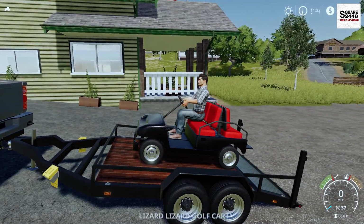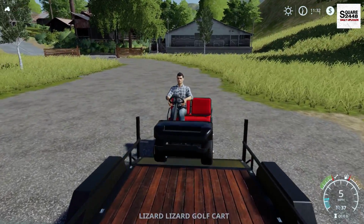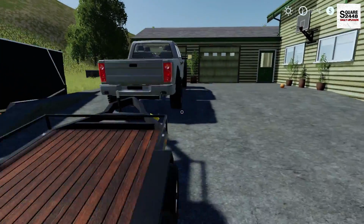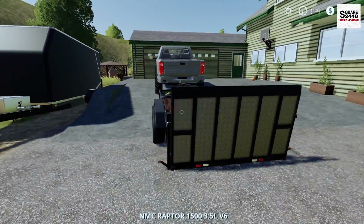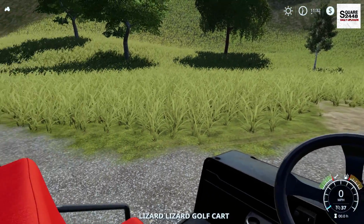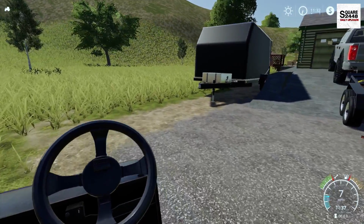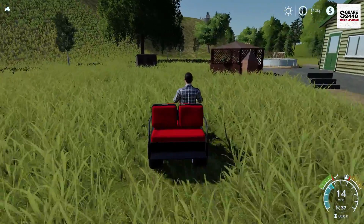But let's hop in the golf cart. Looks like the ramp kind of disappeared there. Wow. Let's actually get this unloaded and put that ramp back up there. But this golf cart we'll be using, we'll have a ton of fun with it here, but I'm thinking since we have a little bit of extra time, I want to put this in the garage and we'll go take that Lizard Muscle V8 for a spin. I think that would be pretty cool here, but this is kind of the closest we can get here to